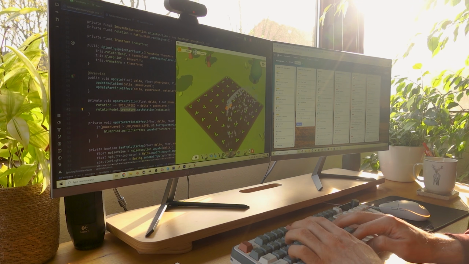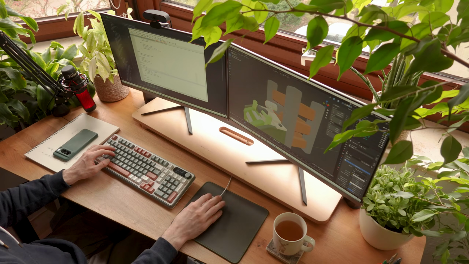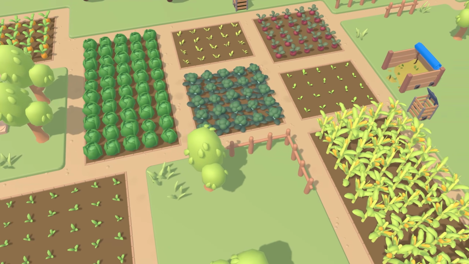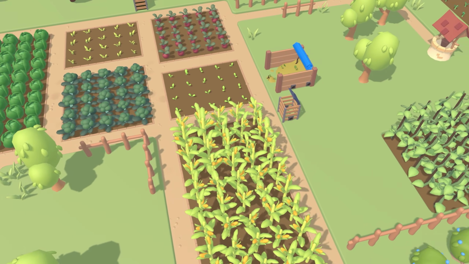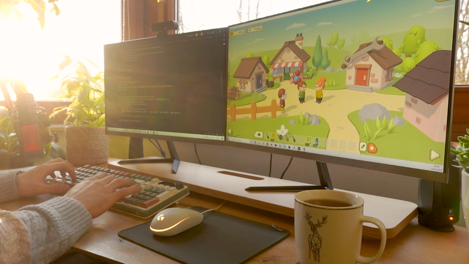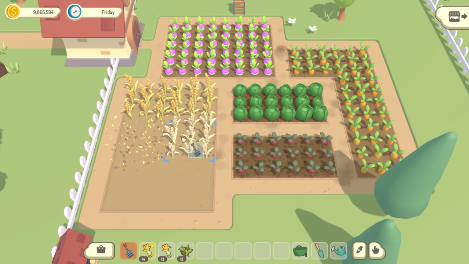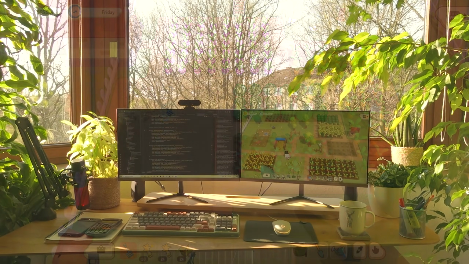Hey everyone, welcome to another Devlog video for Homegrown, and this week I am finally back working on some farming gameplay after about a year of working on the town area and then before that on the UI overhaul. So really happy to be back doing some farming gameplay, and I'm going to be jumping straight into the deep